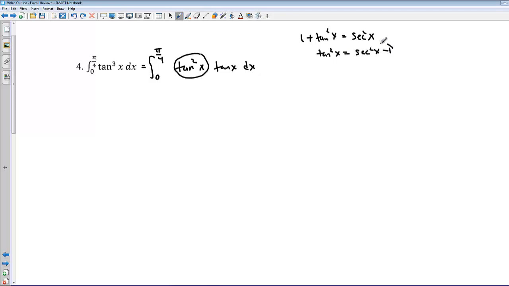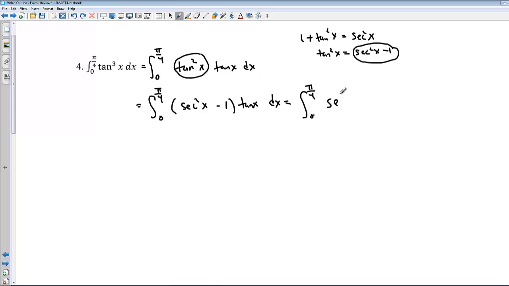And so we're going to plug this in for our tan squared of x, and so that's going to be equal to the integral from 0 to pi over 4 of, in parentheses, secant squared x minus 1, all times tan of x dx. And so then that's going to be equal to the integral from 0 to pi over 4 of secant squared x times the tan of x, minus the tan of x